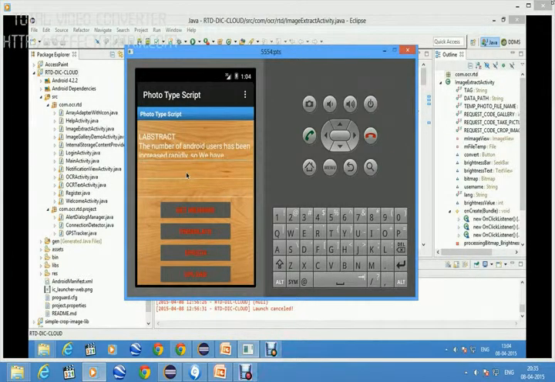Here is my extracted text. Here I can get the meaning from the dictionary. For the word buy, I have clicked on the get meaning option. Here I have got the meaning for it.